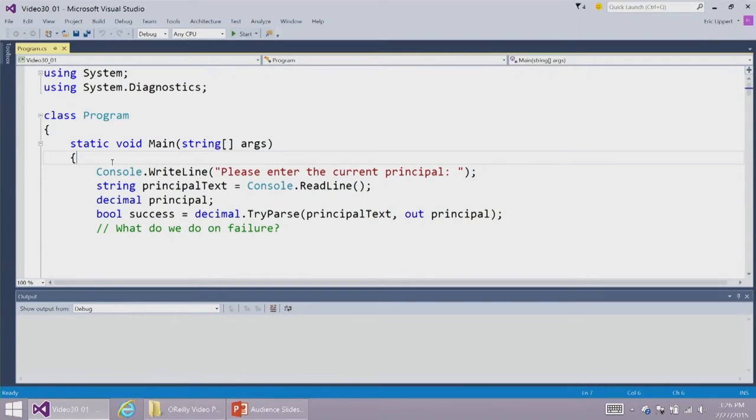Let's write some code. I'm going to create a main method here, and I'm going to say, please enter the current principal. We're going to read the line from the console into this principal text string. You remember that text that we read from the console is always in the form of a string. I need to get that into a decimal. So I'm then going to say